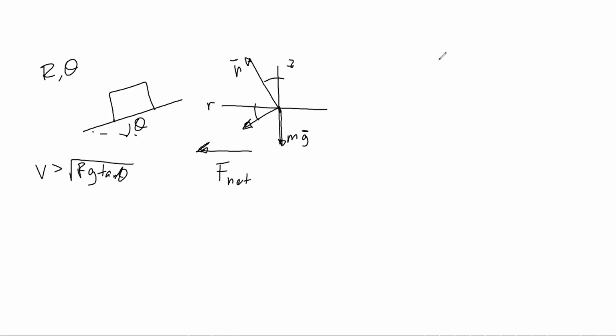And so setting up those equations takes a little bit of practice. And I think that's something that I want to leave for you folks to practice on your own. Similarly, if you take it more slowly, how does the free body diagram change? Just draw that. So if you take this curve at less than square root RG tangent theta,